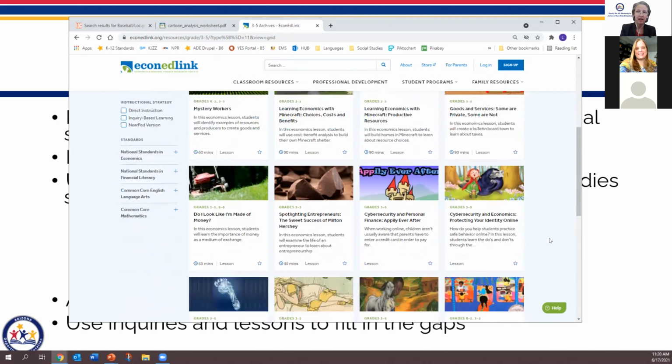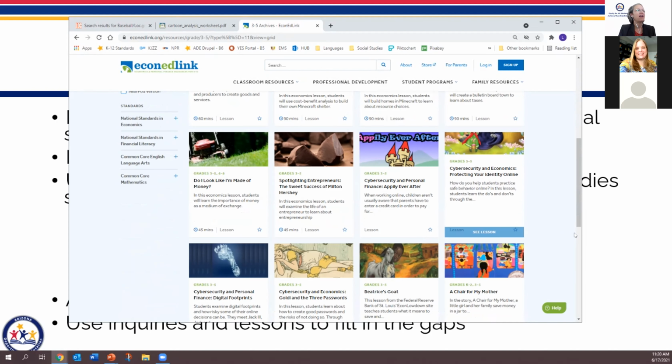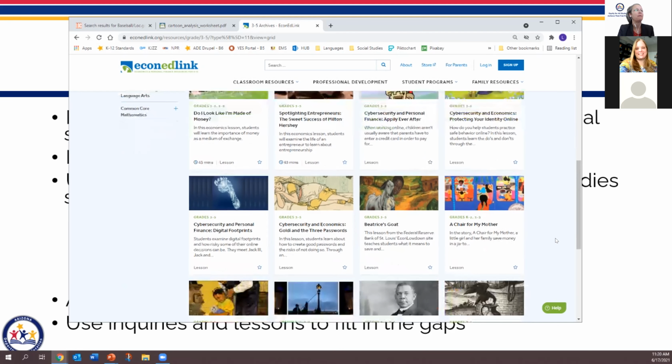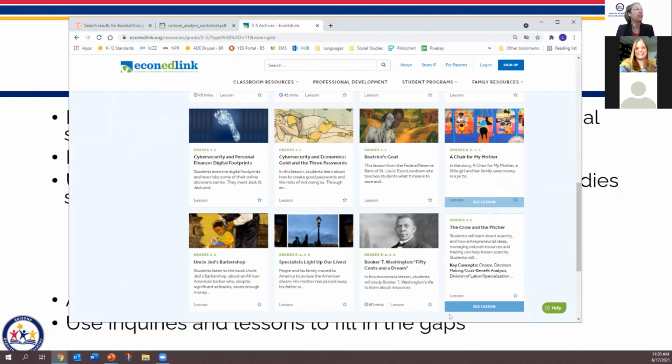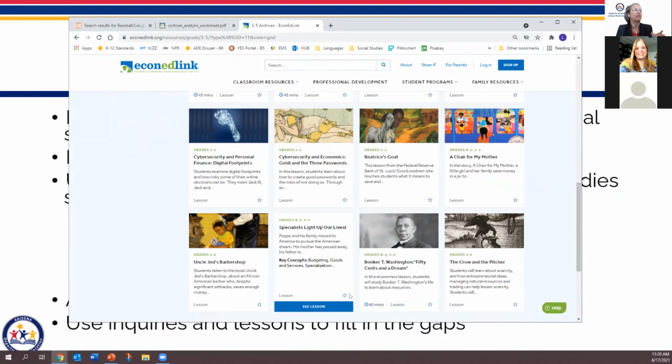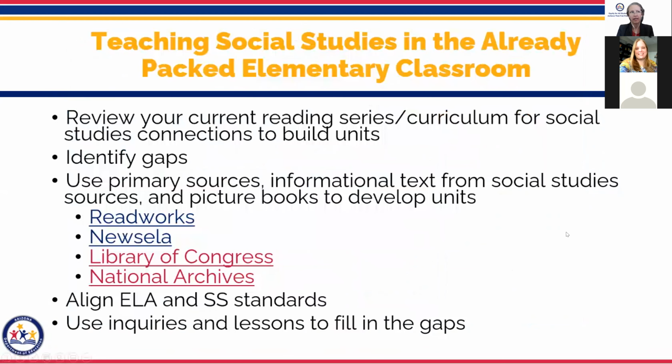The one thing I like about the Econ EdLink lessons is, like the C3, they have already taken lessons and excerpted the primary sources. They give you the handouts that maybe you can make copies of. So everything is already there for you, and they write down the lessons in a nice step-by-step format. I've used them myself many times, and they have lots to go on. So this is a great thing that you can bring in. Here is a story, A Chair for My Mother. So you're bringing ELA and econ together. You can get some different voices in if you're wanting to bring in diversity. It's a great resource to look at.